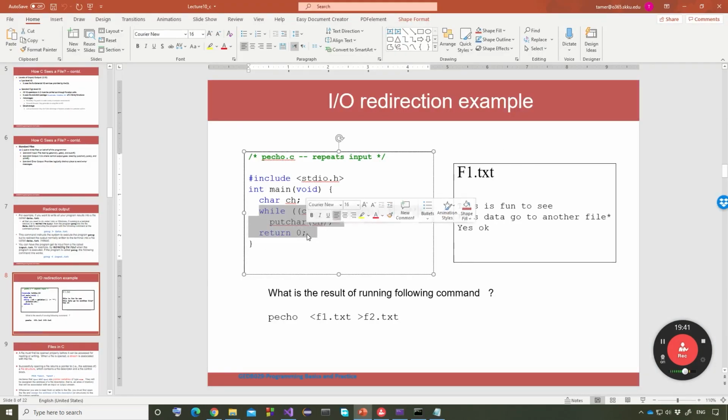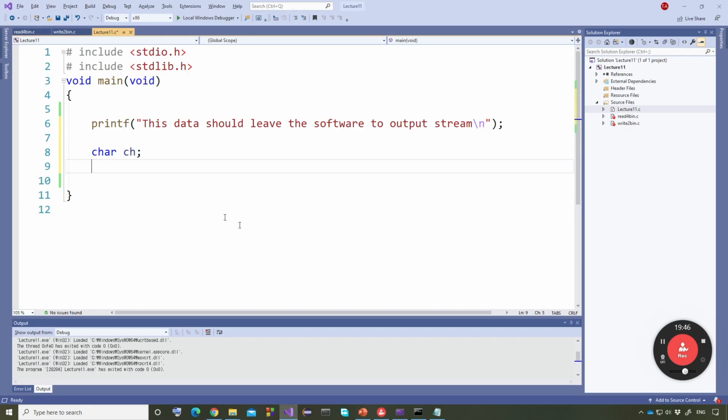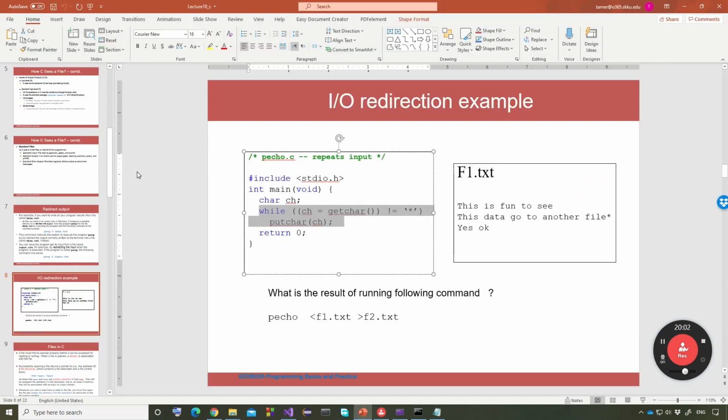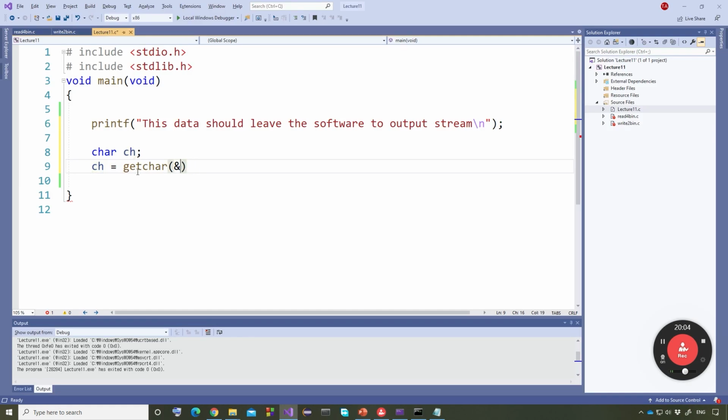I will make a while, and in this while I will read characters. I will say here, for example, CH equals getchar. Sorry, this is getchar without anything inside. So getchar like this, and then I'll say while this character ch is not equal